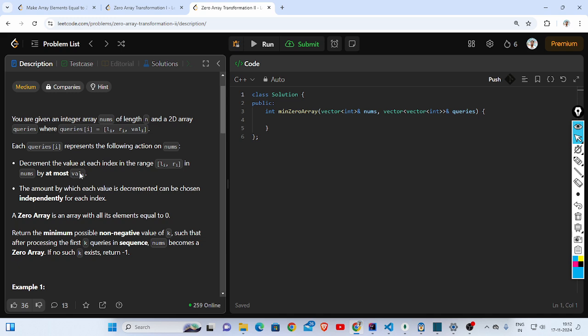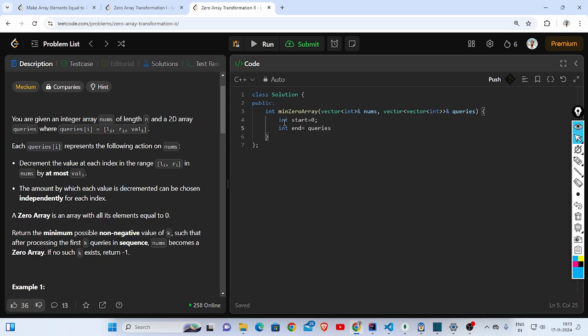Now that we have a value of I, instead of decrementing it by 1, we are going to do it for this much value. So we are going to take the extreme value and see if we are able to get a value greater than the nums I value for that particular index. If we are, then we are good. Otherwise, we try to go towards right. If we are able to do it for the particular index that we have intended to, then we go towards left, right? So our search space will be 0 to